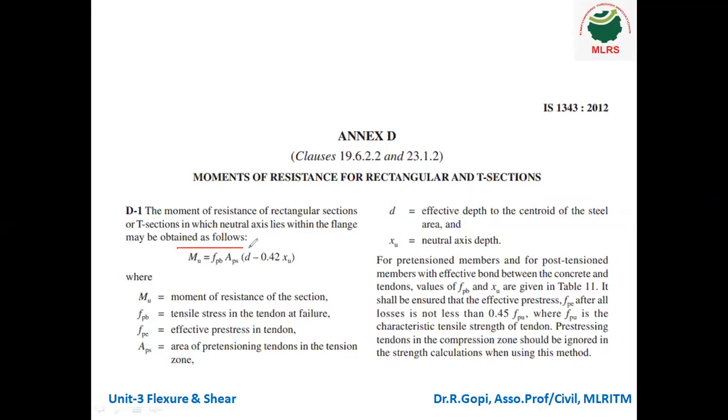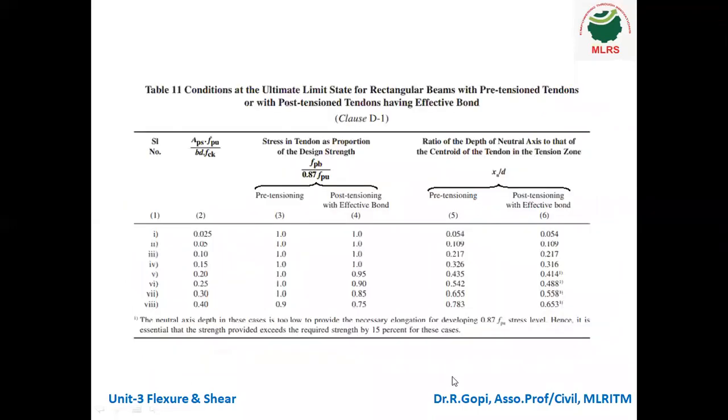So therefore MU is equal to the same formula they have given in the code book in Annexure D. So FPB into APS into d minus 0.42 XU. Okay, so the same notations are also given here. Okay, so this is the formula, and how to calculate